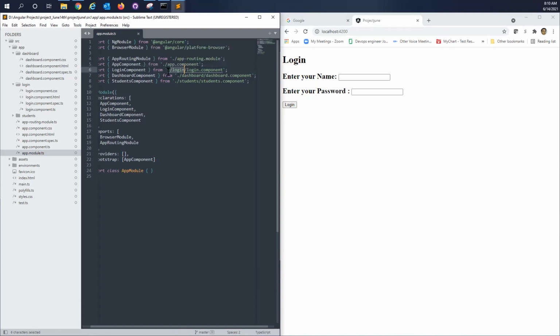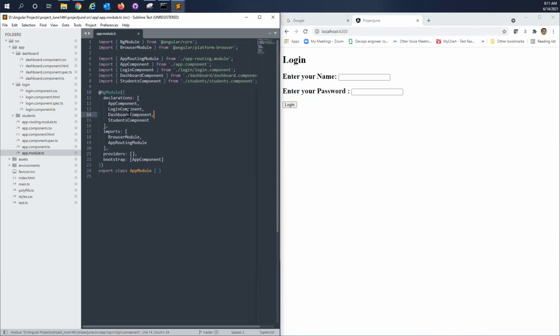Login.component is a file name, the TS name. The first login is a folder name. The second login.component is the file name. Okay, I'm clear here. And the same thing we gave in the declarations part.